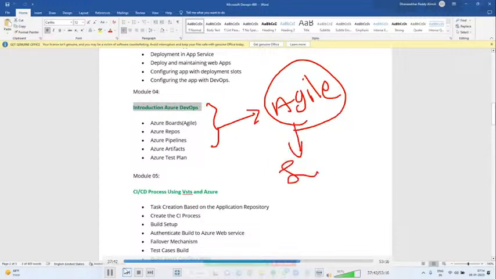When you were studying BTech or MCA, you could see one paper called software development life cycle. Waterfall method, you might have heard about it. Earlier we used to implement the waterfall method. Now every company, every project is implementing the Agile model, guys. That's why infrastructure has also changed in the IT industry.